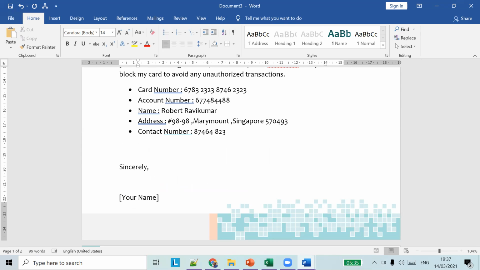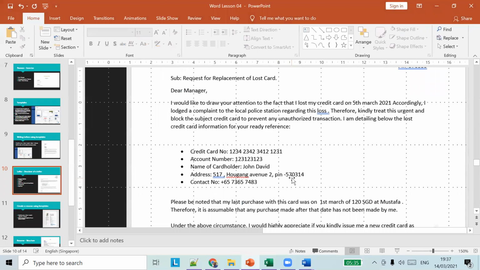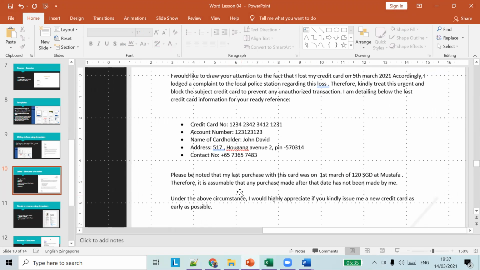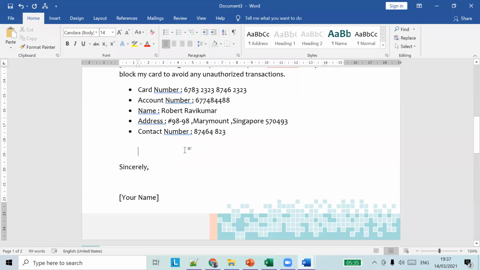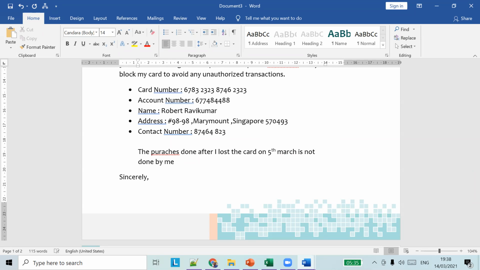So that's it. So now we have given all the details. This is the body of the document. So we'll say the purchases done after I lost the card on 5th March are not done by me.